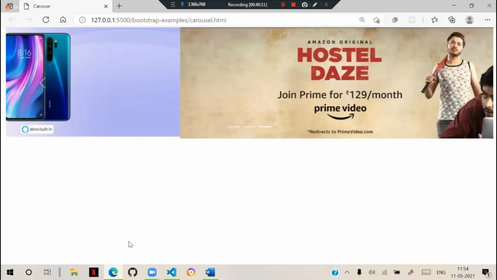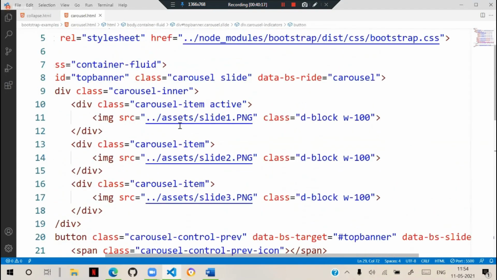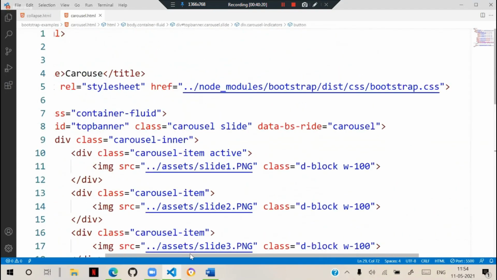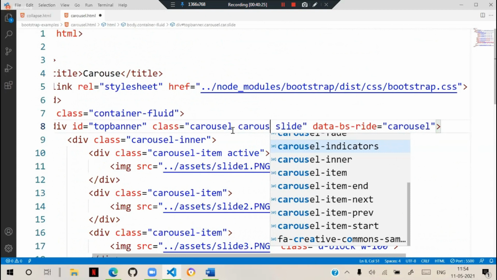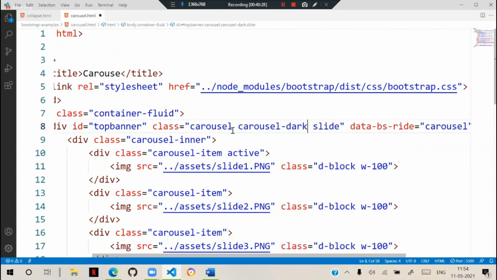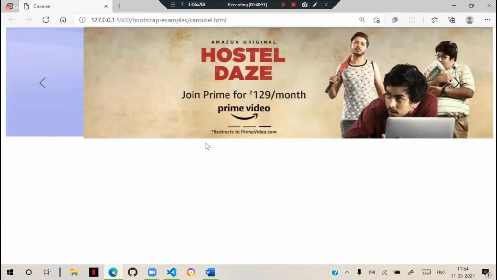And for carousels, they have given a new theme in the latest version, but it is good for text content. For the carousel class, you can add carousel-dark. They have given a dark theme. It's a new one. Then you can see that the buttons are more visible now. Indicators and all are more visible now. So better use this dark theme for keeping these controls visible on the banners.